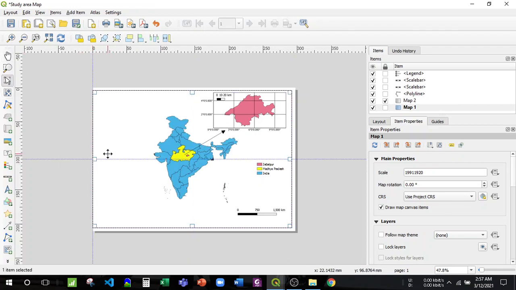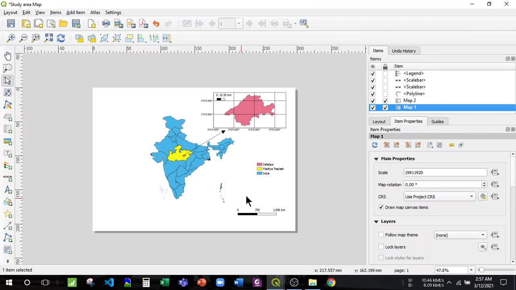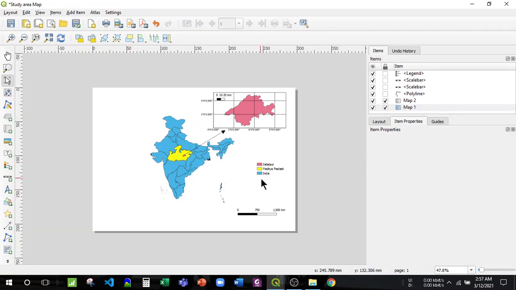See, it will automatically detect. Okay, then again clicking here, and see here, now the updated one shows the legends, right?